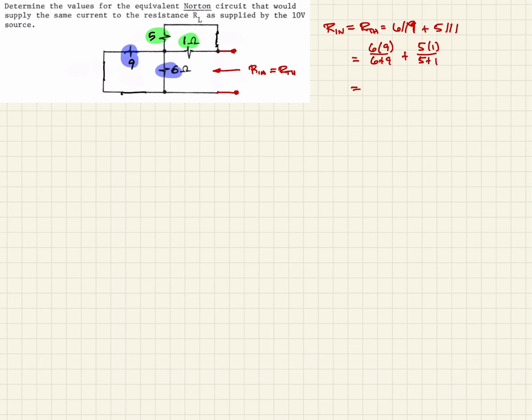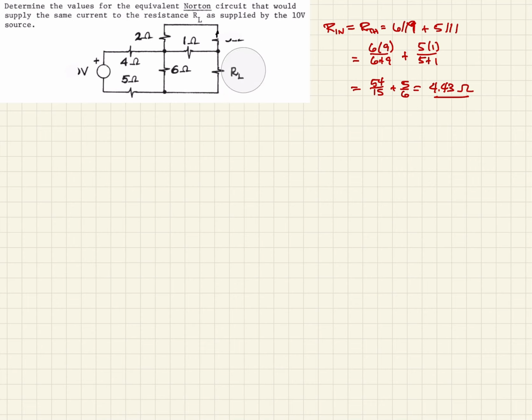And so that's going to equal 54 over 15 plus 5 over 6. And so that comes out to be about 4.43 ohms. So that's our resistance that we would use for the Norton equivalent. So now we need to come back here and reset our circuit. And now we need to find out